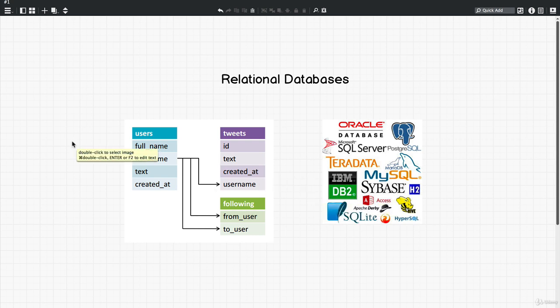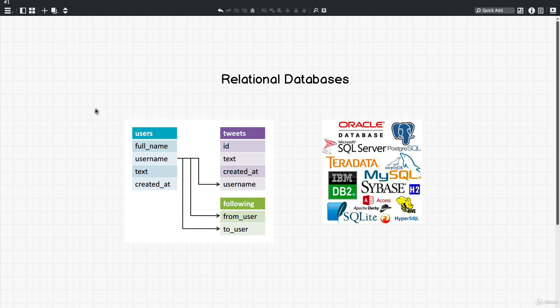Each row represents an entry, and each column stores a very specific type of information, like name, address, or phone numbers. And then the relation between tables and fields is called a schema. In a relational database, the schema must be clearly defined before any information can be added. And if this is confusing right now, don't worry, we're actually going to create these databases so it makes sense to you.